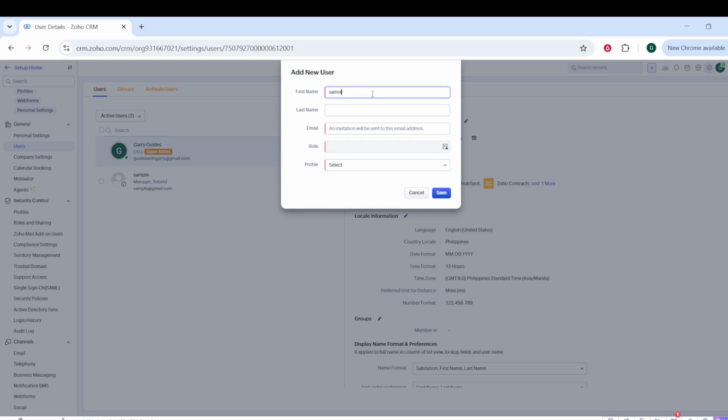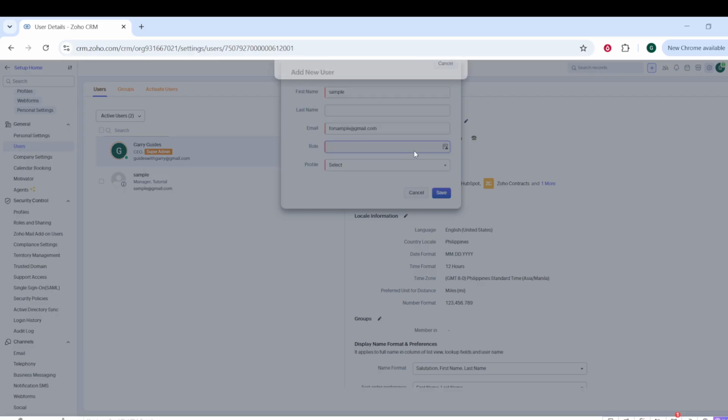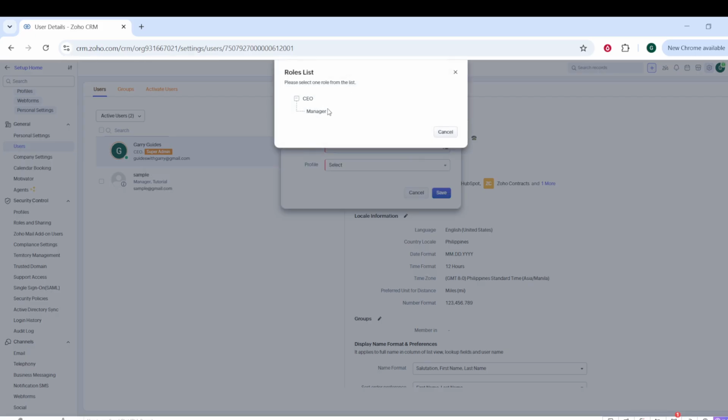Create the user profile for each team member you want to include. Make sure the user details you enter align with how you want permissions to work. If your plan allows roles or access levels, choose the option that matches what responsibilities each person has. After you add the team members, take a moment to confirm that they appear in the users list. This quick check helps you avoid problems later when you start assigning leads or working with contacts. Once you see your team accounts set up correctly, you are ready for the next important part, importing your existing